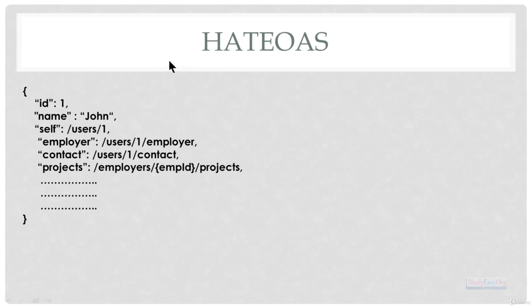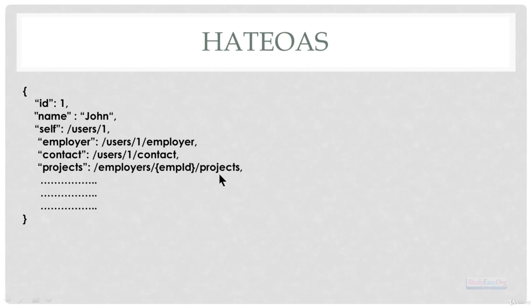For example, we have the self link. We are also providing the link of employer. We are also providing the link to the contact information of the user. We are also giving information of getting some external resource. For example, if we would like to get the project's information of an employer based on an employee, then how we can get it? It can be like